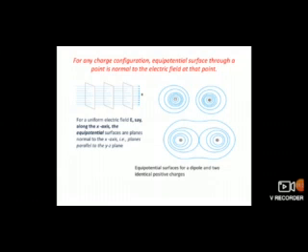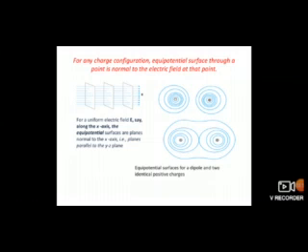Let us consider two more cases. The first case is that in uniform electric field. If you take a uniform electric field, the equipotential surfaces are planes which are parallel to one another, and if the electric field is along the x-axis, then the parallel planes would have their dimensions along the YZ plane. That is, the planes are parallel to the YZ plane. And if you see the direction of the electric field line, it is at right angle to the surface of the plane.